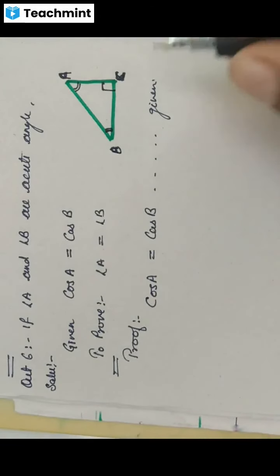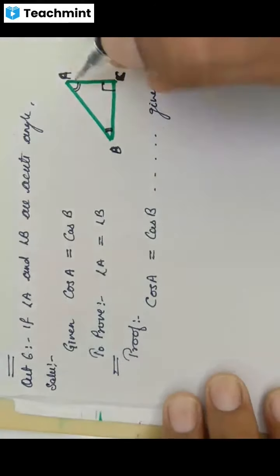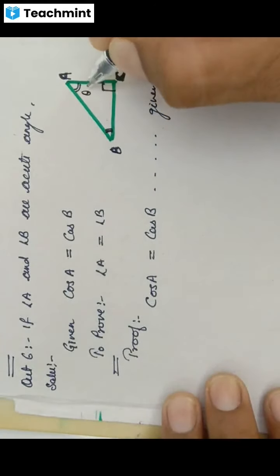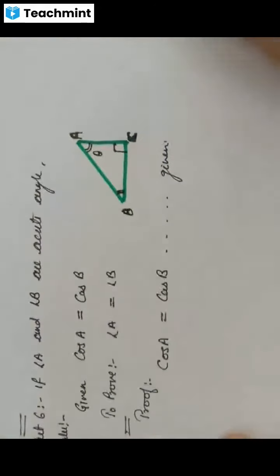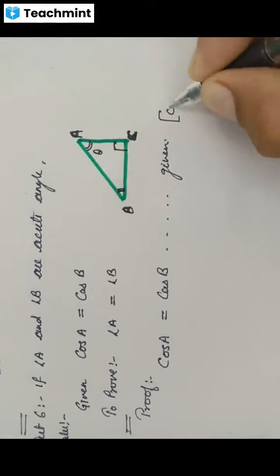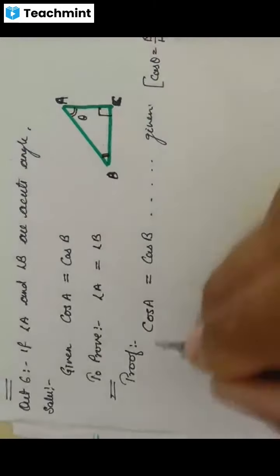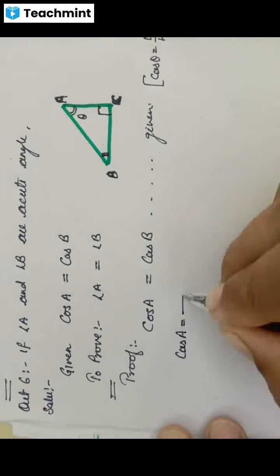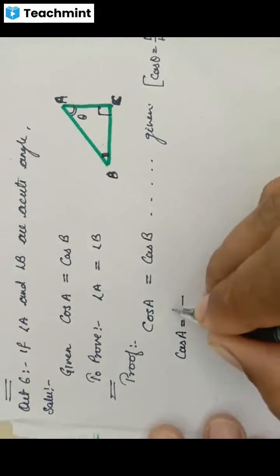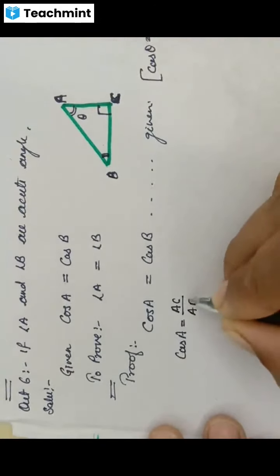Already given in the question. If it is given in the question, so you can see what is cos A. Suppose the theta is here, that means the formula of cos is, I am going to write the formula of cos here. You can see that the ratio of your cos theta is equal to base upon hypotenuse. Is it clear? So if it is cos A, then the base is your AC, and hypotenuse you will have your AB.